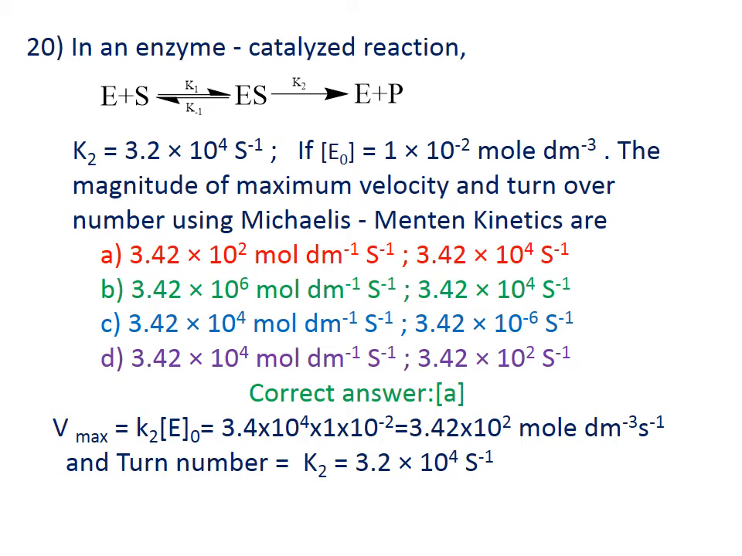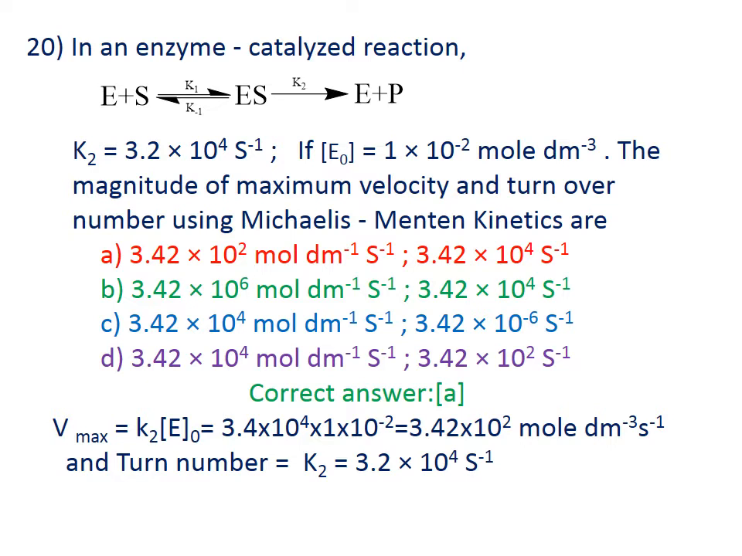20. In an enzyme catalyzed reaction, E plus S reversible arrow ES, the intermediate gives E plus P. Here K1, K minus 1, K2 are the rate constants for the reaction. K1 and K minus 1 are rate constants for the forward as well as backward reaction, and K2 is given 3.2 into 10 to the power of 4 second power minus 1. If E0 is 1 into 10 to the power of minus 2 mole per dm cube, the magnitude of maximum velocity and turnover number using